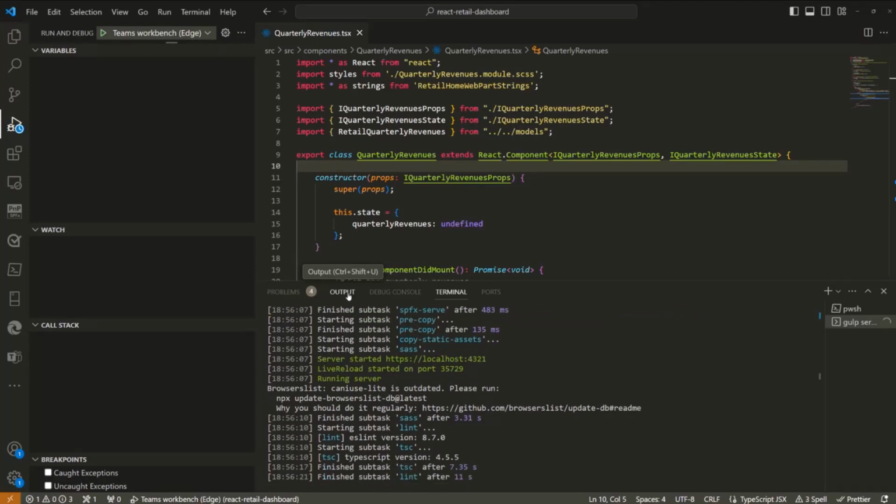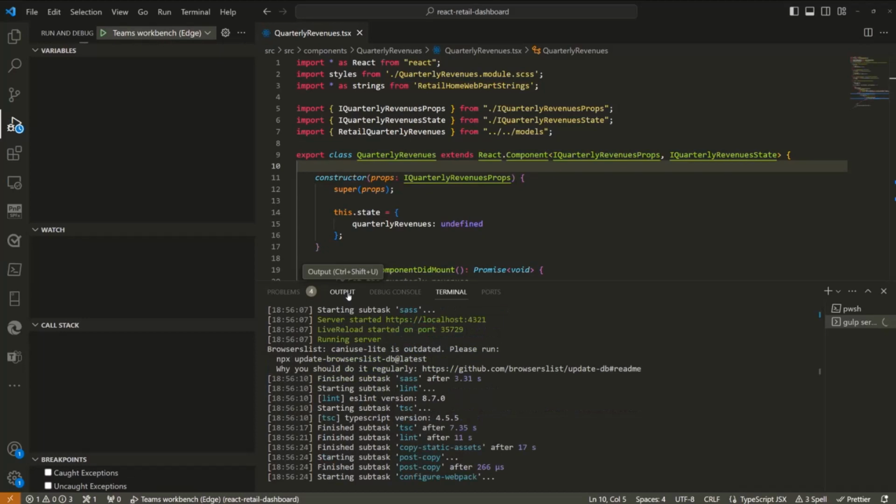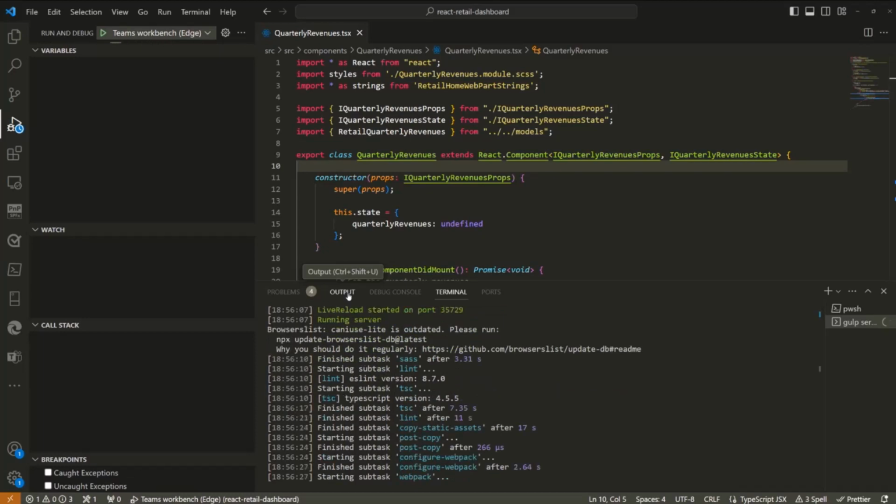And again, it's the first time we do this, so it takes a bit longer. And of course, we do have the live refresh as well. So we can do adjustments on the code and do refreshing. And live reload is actually started on the port, as we can see in the terminal. That makes it easier for me to do development live. So I can adjust the code and it will live reload that within Microsoft Teams as needed. In this case, this is a more complex solution. So the initial Webpack does take a bit longer, but I definitely want to show you this because it's one of my favorite solutions.